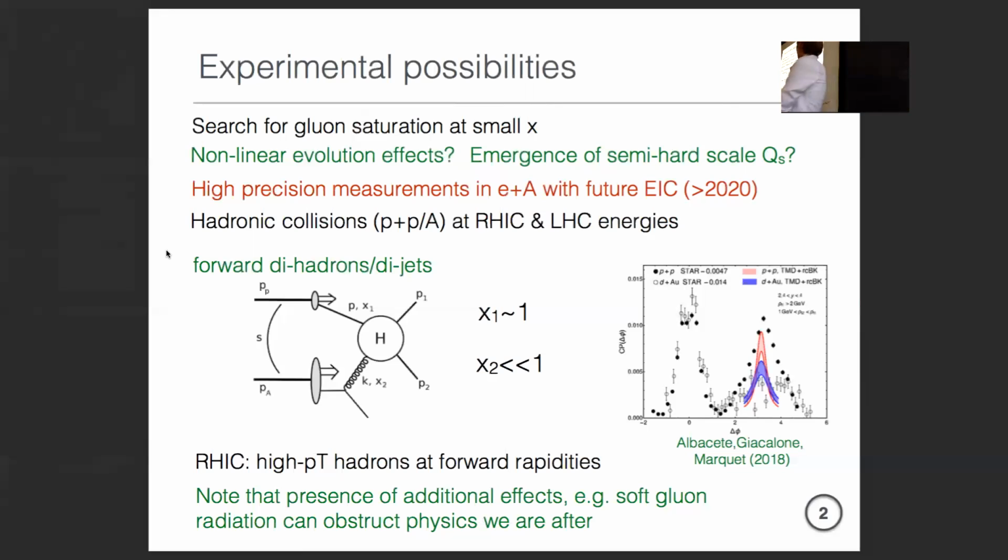Look at the data. They're much wider in proton-proton than in the calculation of the column last time. It's not only five. And so I should say this: there were some calculations recently by Anna Stasto and collaborators who tried to include Sudakov resummations also and so forth, and they do a much better job on this, right?